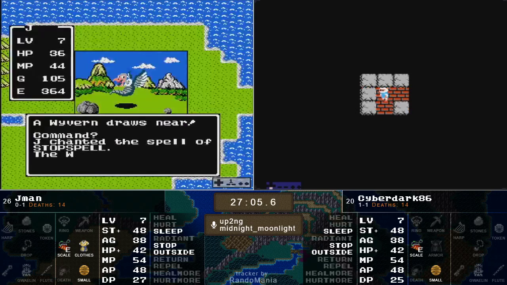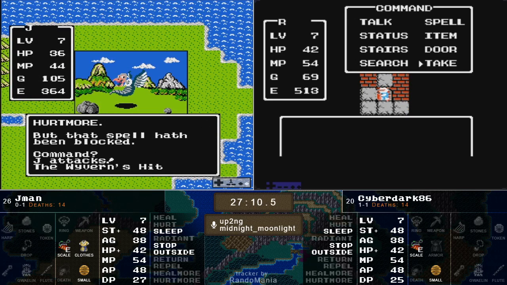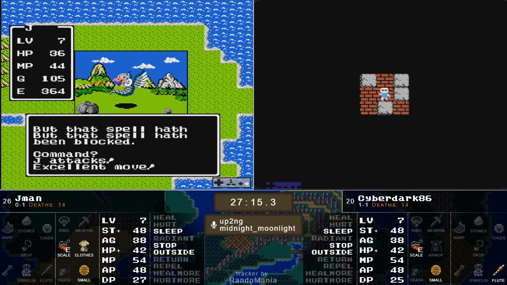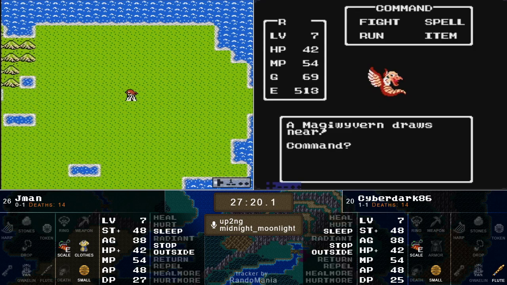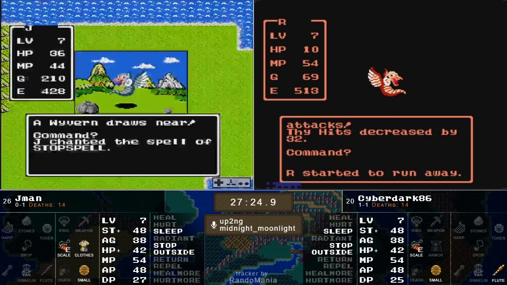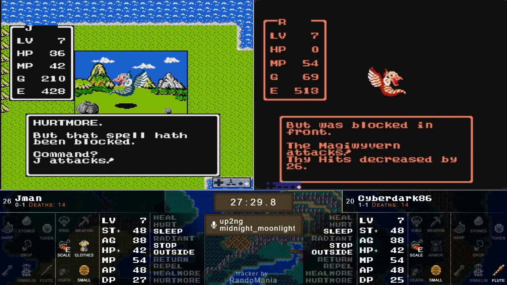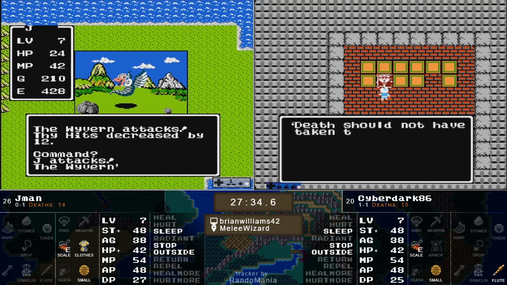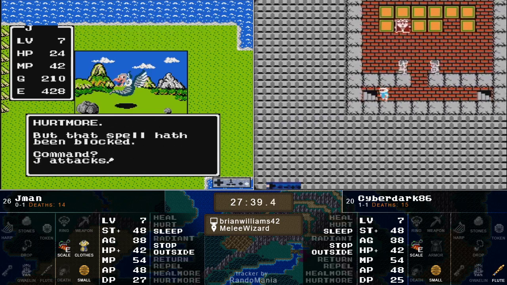And actually, it's very interesting you talked about zones. So we encountered a Golem and a Wraith Knight, and now suddenly we're on Magidrakes and Wyverns. Every time J-Man has found this Wyvern, he is using the stop spell strategy, and it is working. I haven't noticed if Cyberdark's been doing the same thing. Cyberdark has retaken the experience lead over the last few minutes. I don't know what he's been managing to defeat, but Magic Wyvern, not one of them. He's going back home. You can actually use that sleep spell against the Magic Wyvern, but